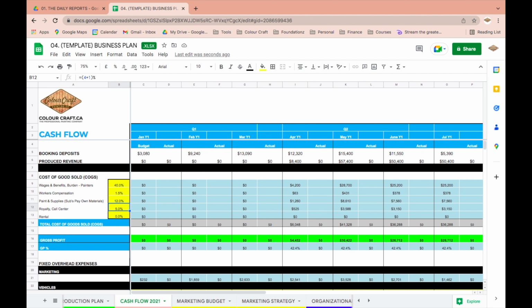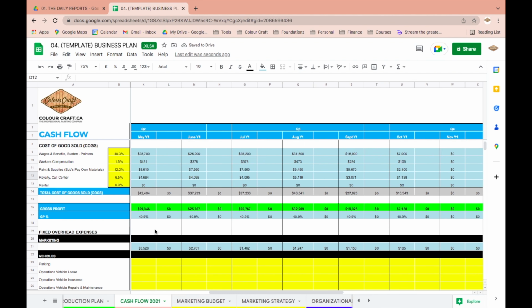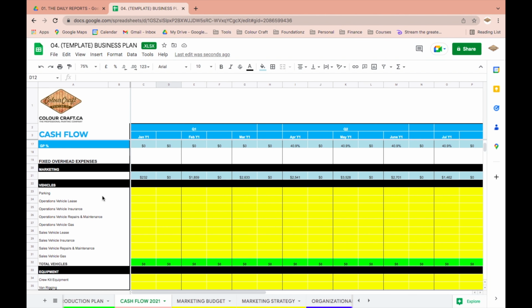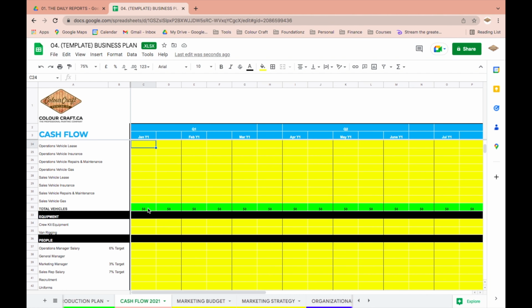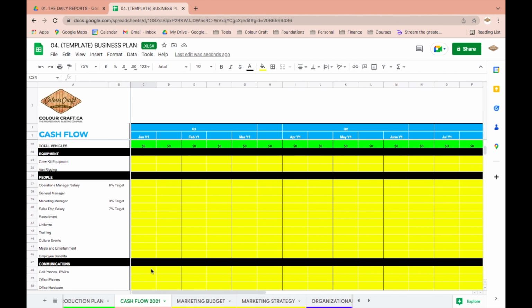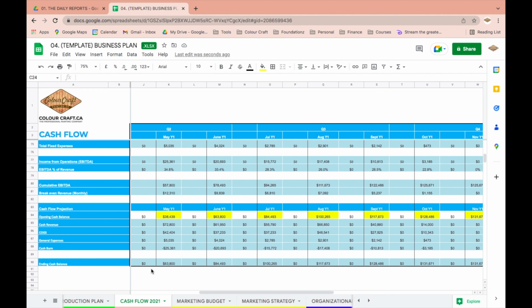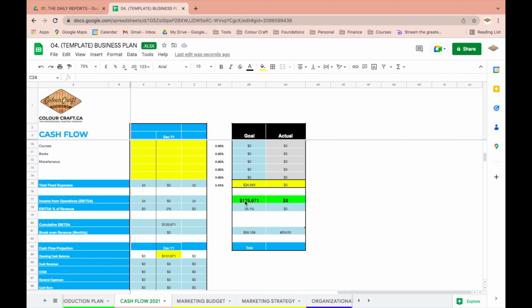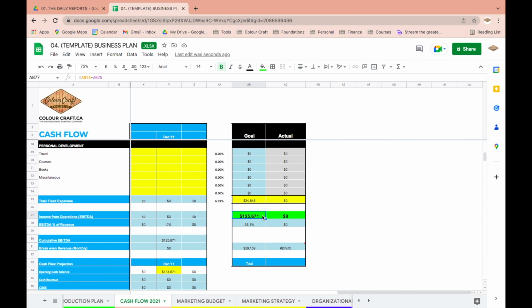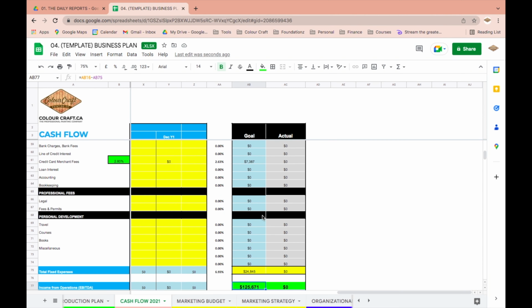We've got our royalty expense here, and basically the whole thing breaks down for us. And then we have all of our different expense categories, which we'd have to fill out at the start of the year. This is something you do with your coach or with me. We build our whole cash flow plan on a month-to-month basis: how much money is going in versus how much money is coming out. And we can forecast how much we're going to earn for the entire year over here. If we had no expenses, we'd make $125,000 of profit after our variable expenses.